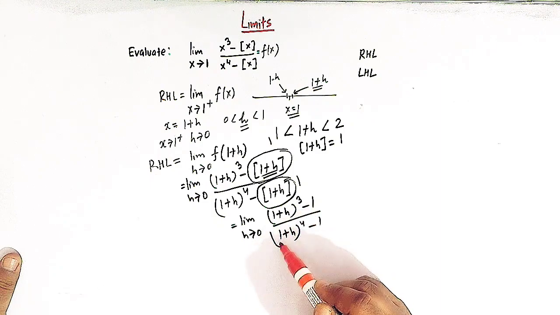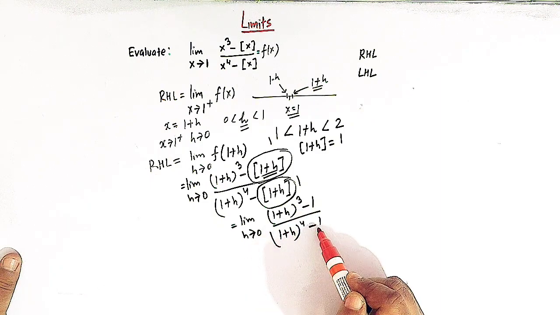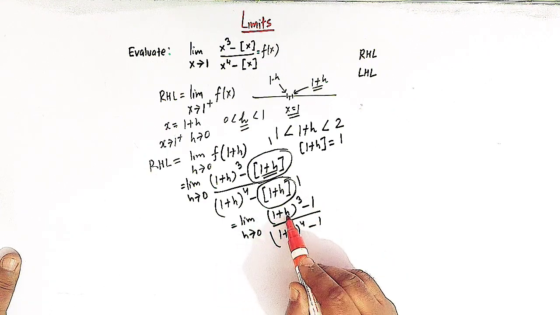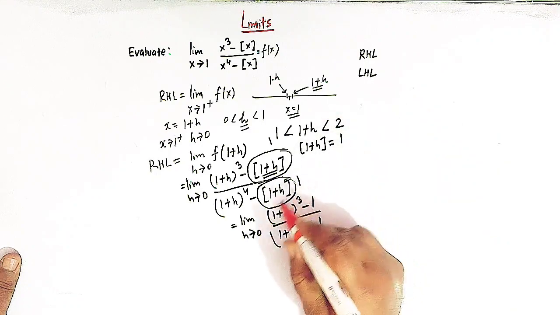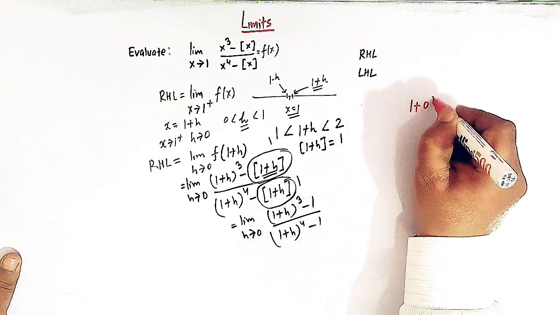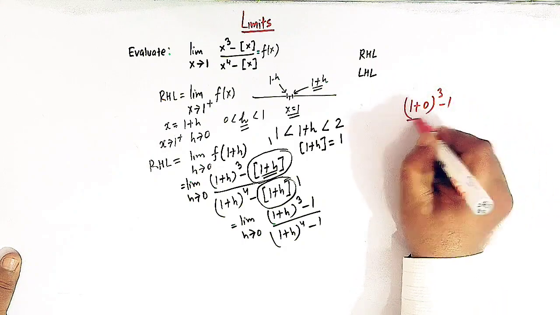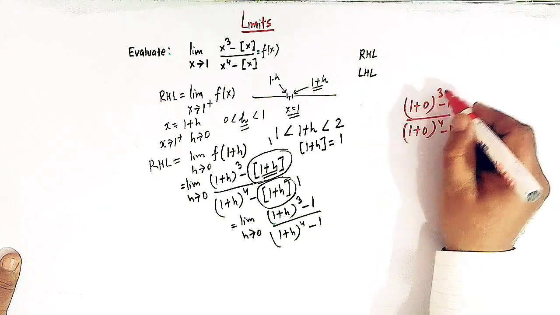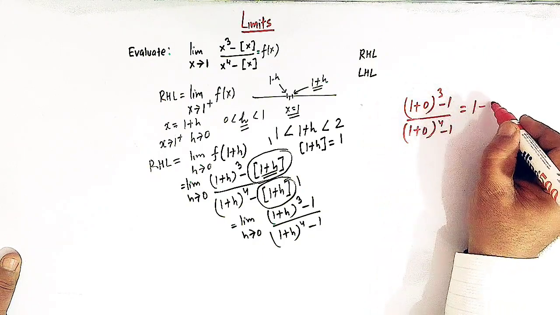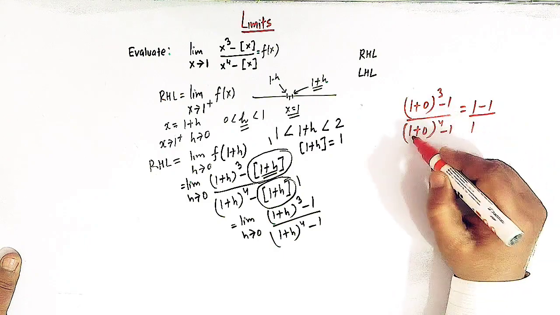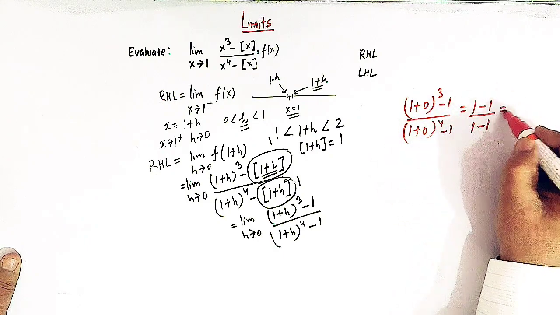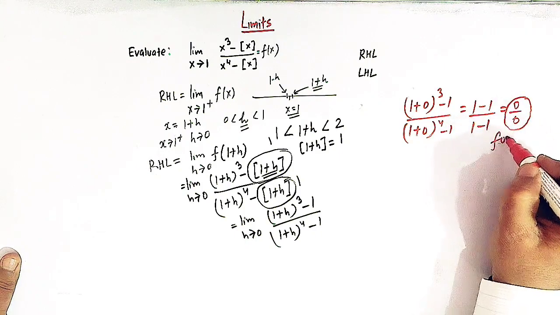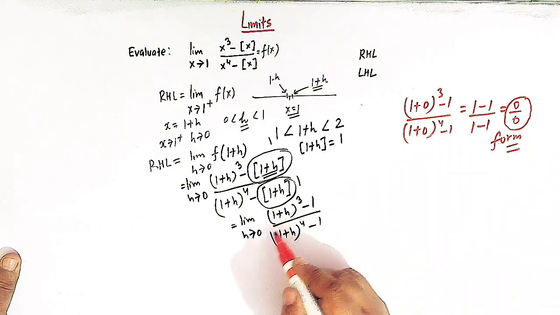Now if we take h equal to 0, then the expression becomes (1 plus 0) cube minus 1, and here we have (1 plus 0) raised to 4 minus 1. So this is 1 cube. 1 cube is 1, here we have minus 1, then 1 raised to 4 is 1, and here we have 0 over 0, right? So here we have 0 over 0 form,